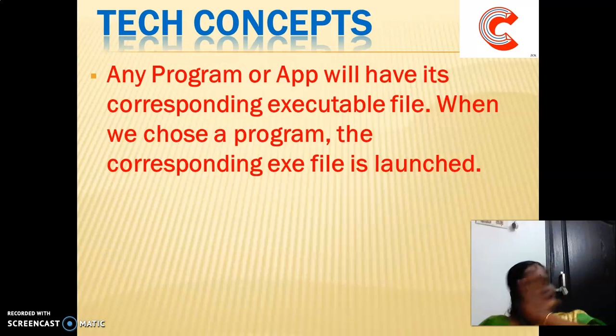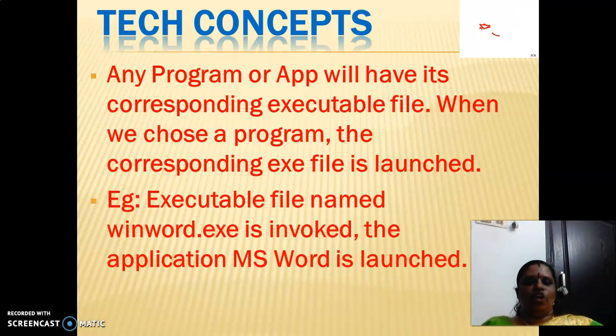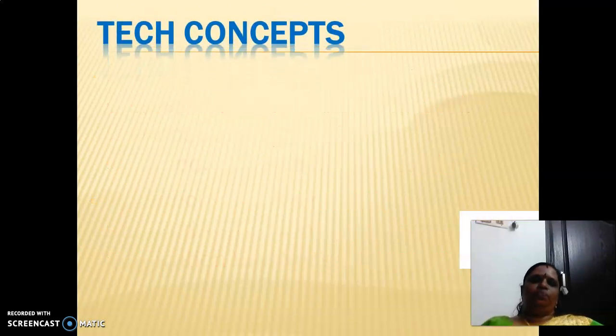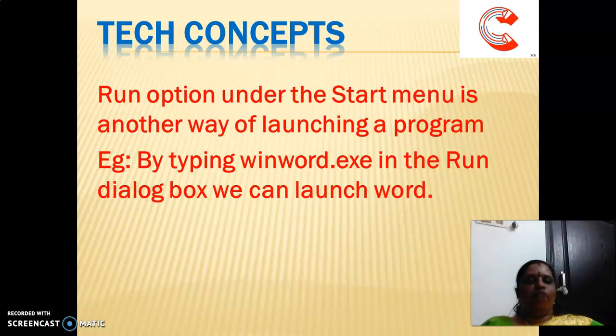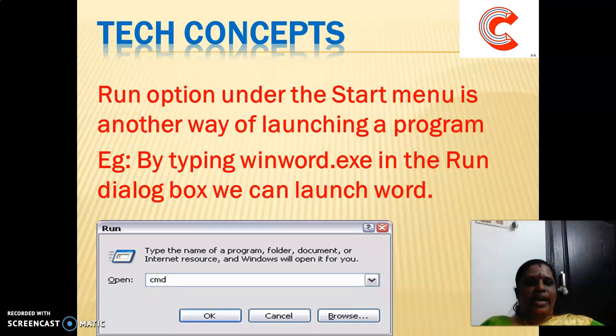When we choose a program, the corresponding exe file is launched. The executable file winword.exe is invoked when the application MS Word is launched. The Run option under the Start menu is another way of launching the program. By typing winword.exe in the Run dialog box, we can launch Word.